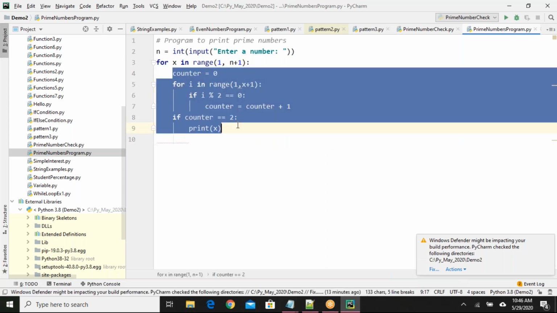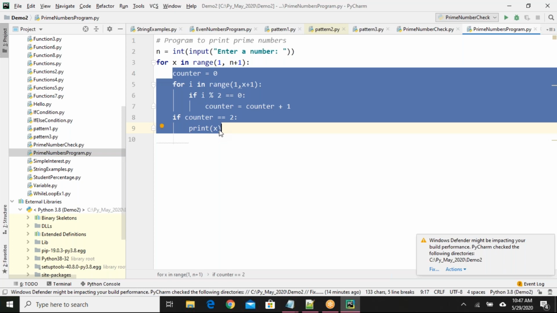From line number 4 to line number 9 is the logic to check whether some x number is a prime number or not. It will take one number and check whether it is a prime number or not, and if it is a prime number, it will print that number.